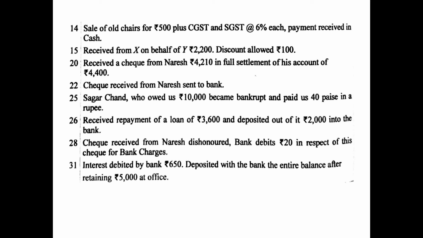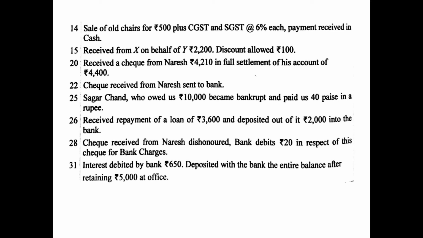That means you must have opened checks in hand account. So you will write to checks in hand account, and the amount of 4210 will be written in the bank column. The remaining amount of discount will not be recorded because this discount you have already recorded at the time of receiving the check, where bank and cash column were not affected. So this discount amount will not be recorded in the cash book. Then